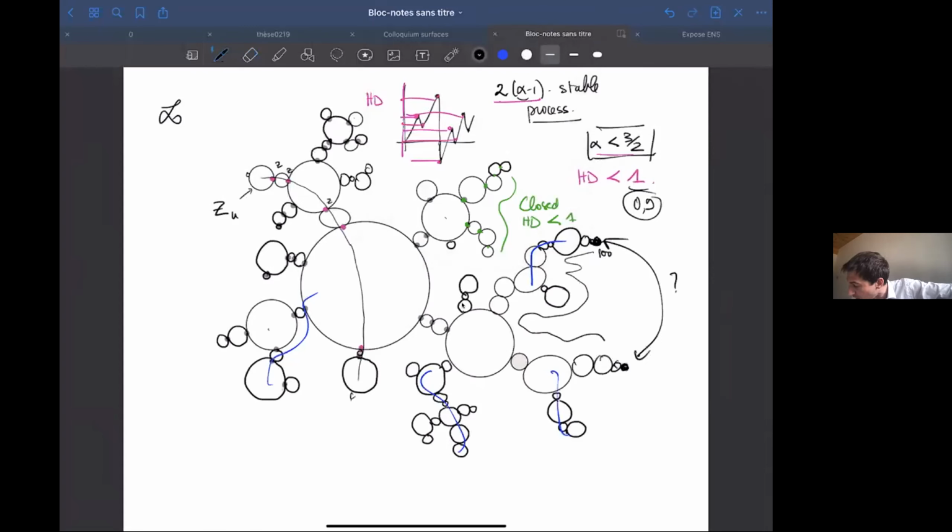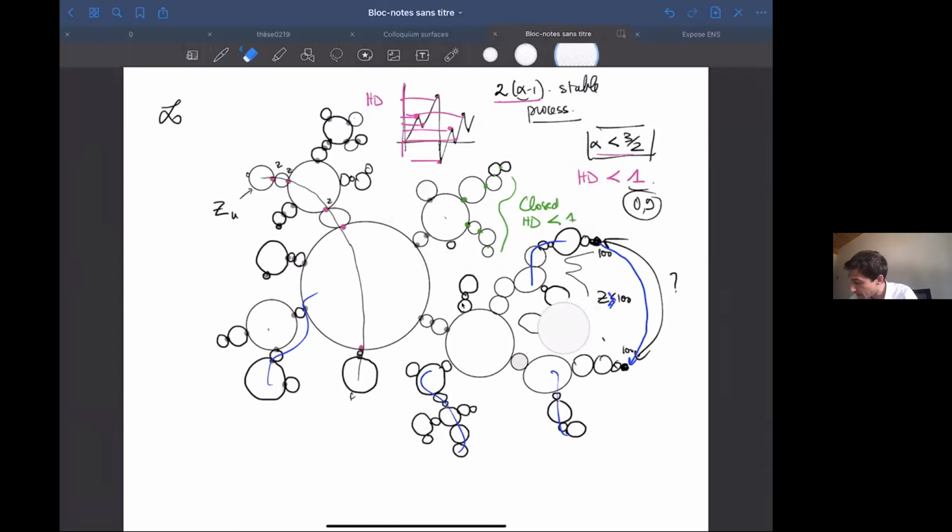If here you are at 100, and the process Z is below 100, then yes, you will be linked. Almost trivial. But now imagine that the process in between takes values bigger than 100.